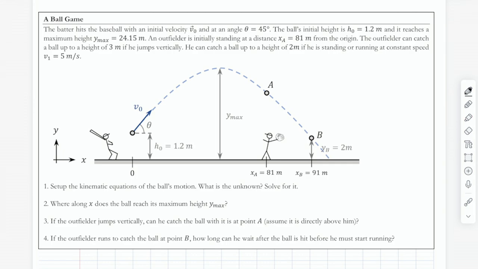Because in the previous problem, we knew V0 and we knew theta off the bat. It's very common to give you that. Those are the easiest projectile motion problems. If I want to make your life a little bit harder, I'm either not going to give you V0 or I'm not going to give you theta. And if I'm really in a bad mood, I'm not going to give you either.